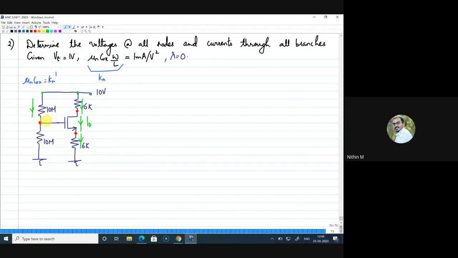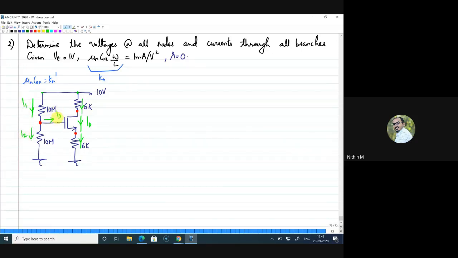Now I am arriving at a node, and there are two branches. Can I mark the current divisions like this, one towards this and one towards this? Can I do that? Can I get a response in the chat box? Whether the current directions I have marked here are right. One current is coming here, say I call it I1, then I mark it as I2 and I3.